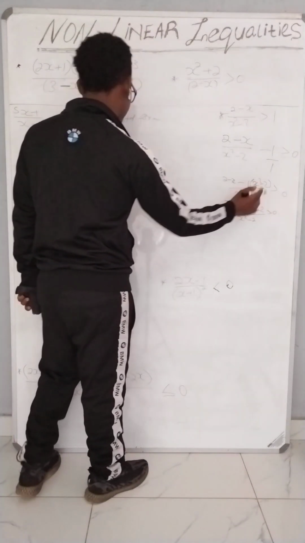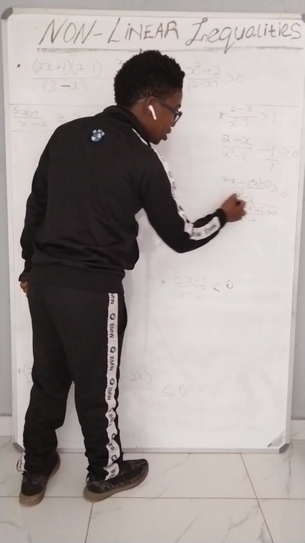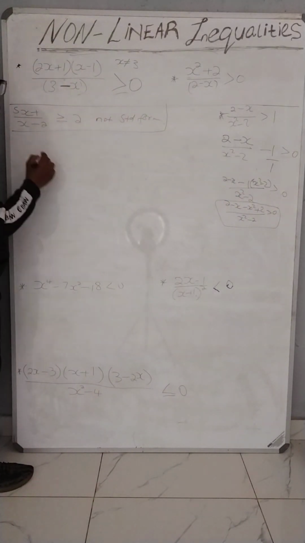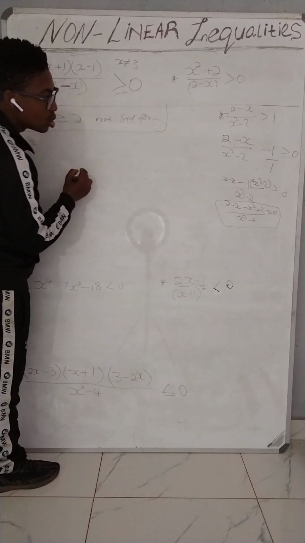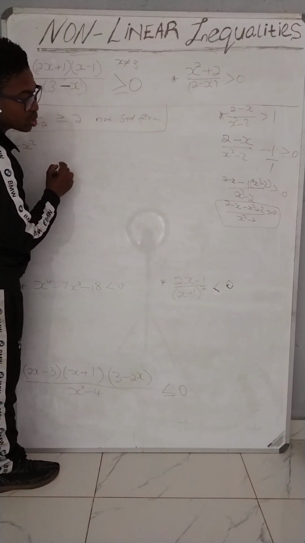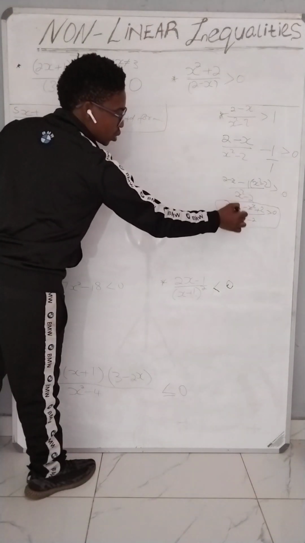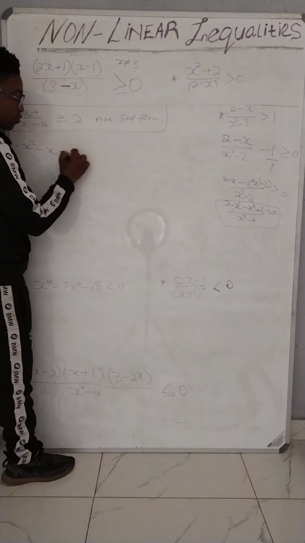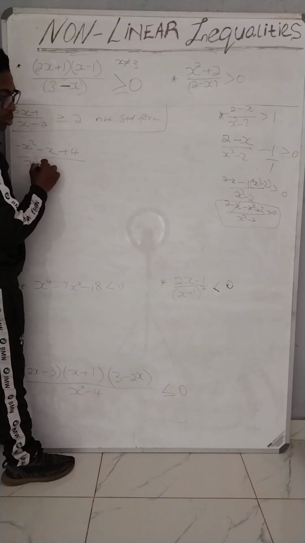Okay, let me take it here so that we can work with it nicely. So I'm going to start with minus x squared, minus x squared minus x. 2 plus 2 is 4, plus 4, all over x squared minus 2